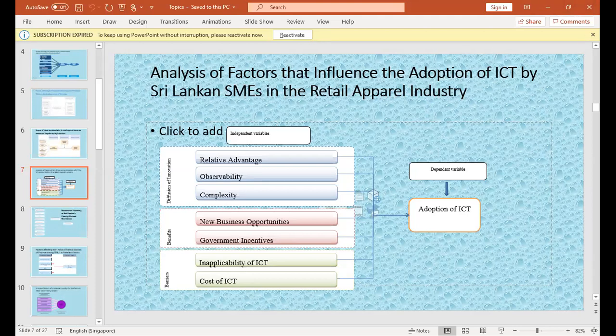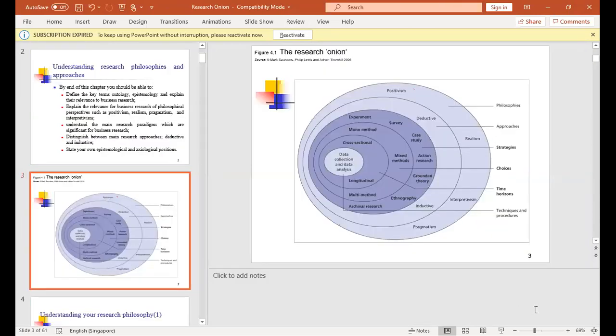Right? So if you are doing it as a quantitative research or as a mixed method research, then tell me,